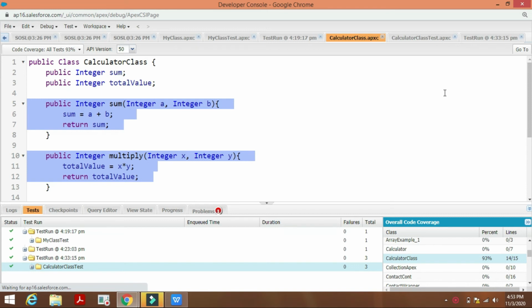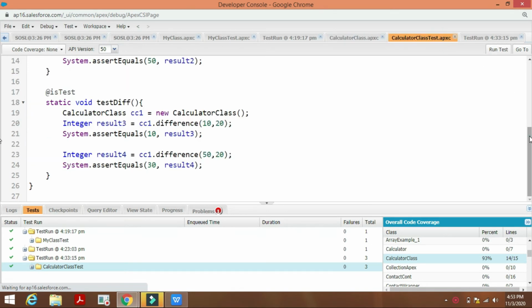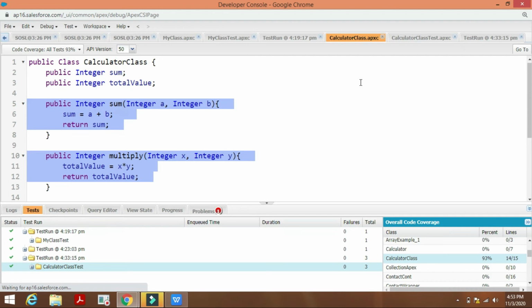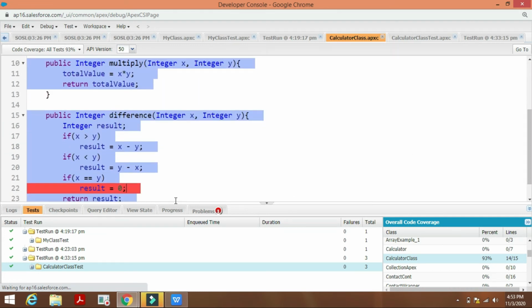If you observe, we have taken all the methods in the test class. For the test difference method, we have two results here, and we have left one result out. If x is equal to y, we should get the result equal to 0.